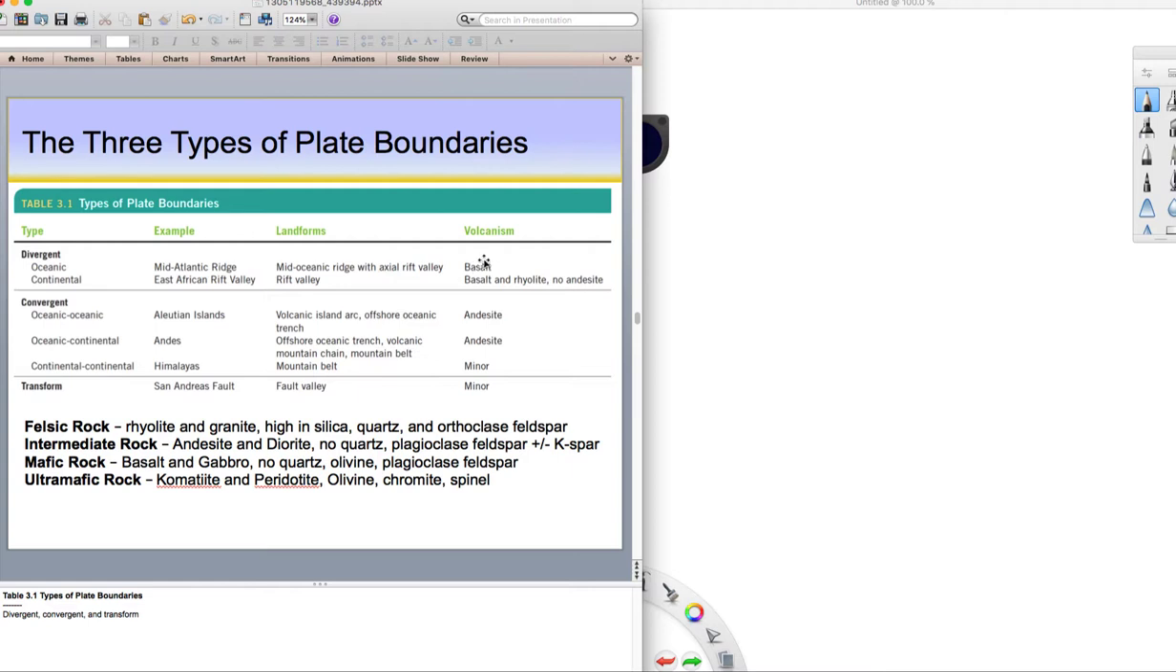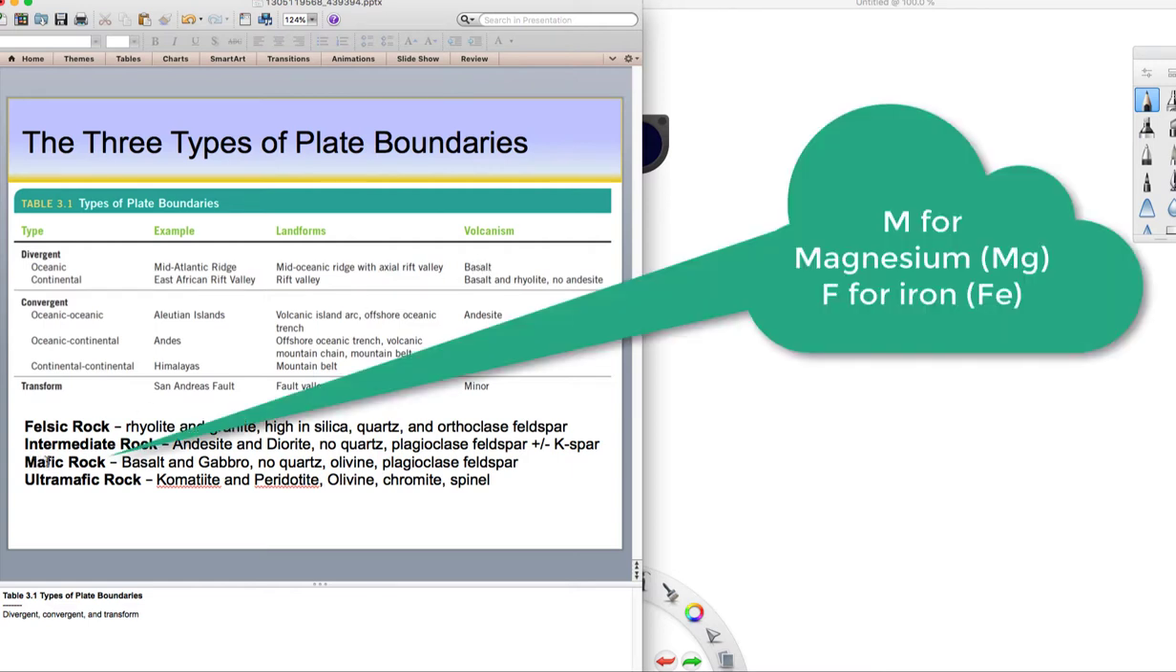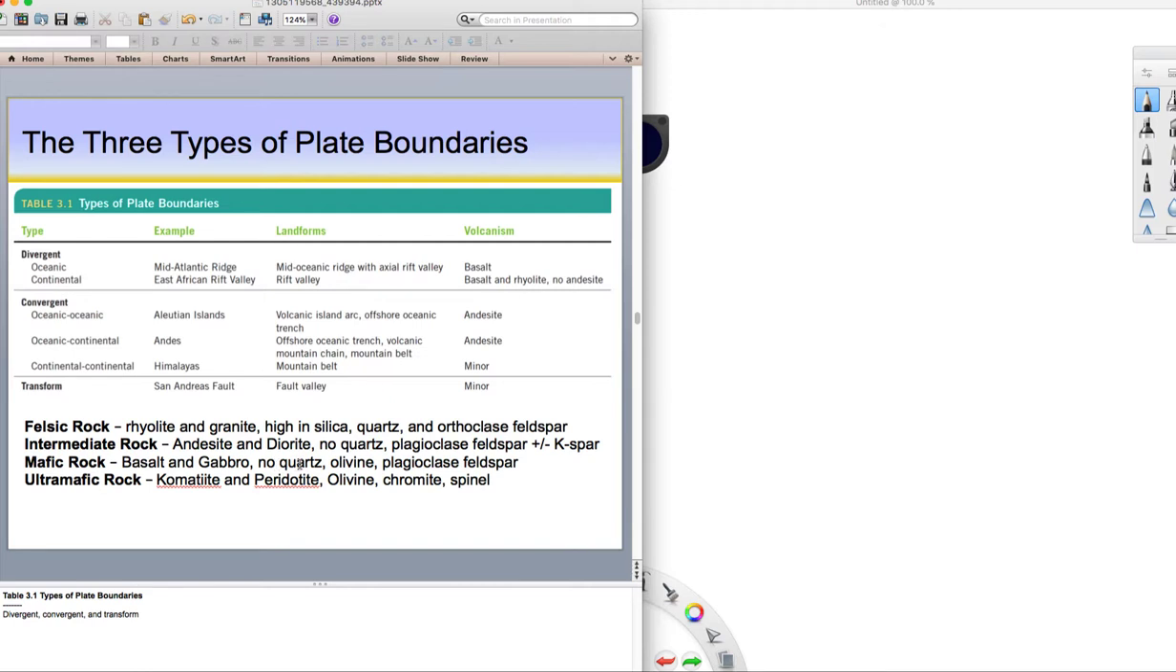We see a lava called basalt. And basalt is a mafic rock rich in magnesium and iron. Think of M and F for magnesium and iron, rich in, and they're going to be lower in silica, no quartz in them. If it occurs in a continental setting, a rift where you're breaking up a continent, for example,